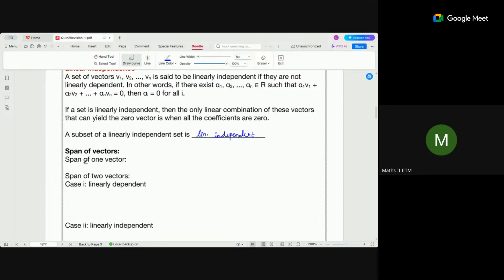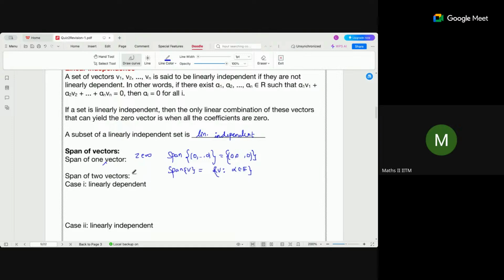So already I have told you what span of one vector means. If it is in R2 it is a line, in general, if you have one non-zero vector. If it is the zero vector, then span of the zero vector is simply 0. And if you are having span of one non-zero vector, then it is simply alpha v. And span of two vectors means